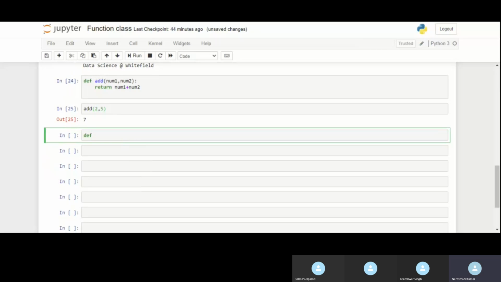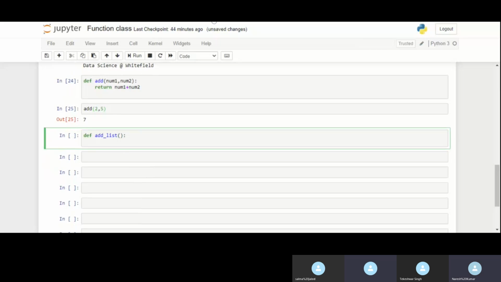First, I will write def, and then I have to write the function name, right? Now I want to add all the observations in my list. We have seen this right now at the top.